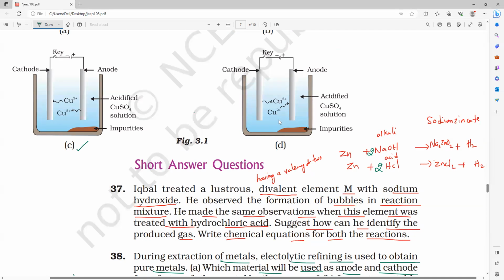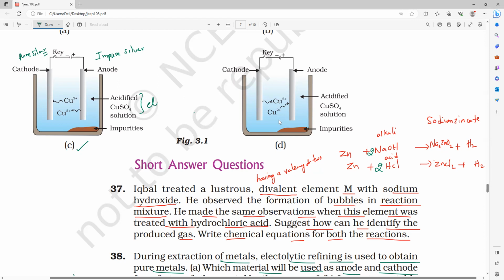So anode, what do we have to use, guys? Everybody, pure or impure one? We have to use impure silver. Am I right or wrong? So impure silver at the anode, and at the cathode, what do we have to use, guys? Pure silver. Understanding? Pure silver we have to use. And here, acidified copper sulfate solution. Now, instead of copper sulfate solution, we have to take